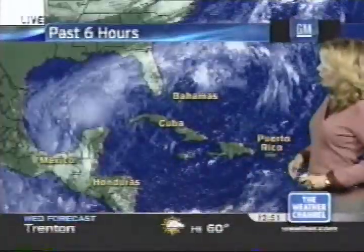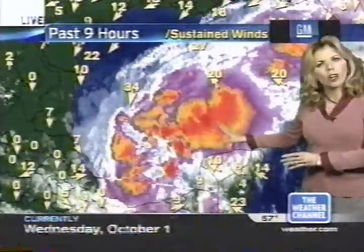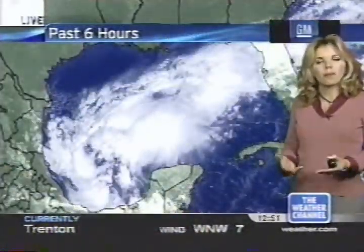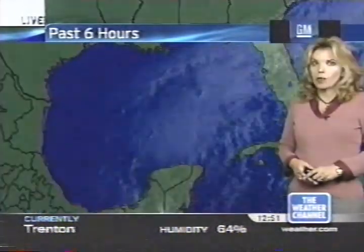But you can see that flare-up of convection still pretty steady here, and we have been watching things get a little better organized, but it's still not that well organized. So like I said, they're going to send a plane in there, check things out, bring the information back to us, and we'll certainly pass that along to you as soon as we get more